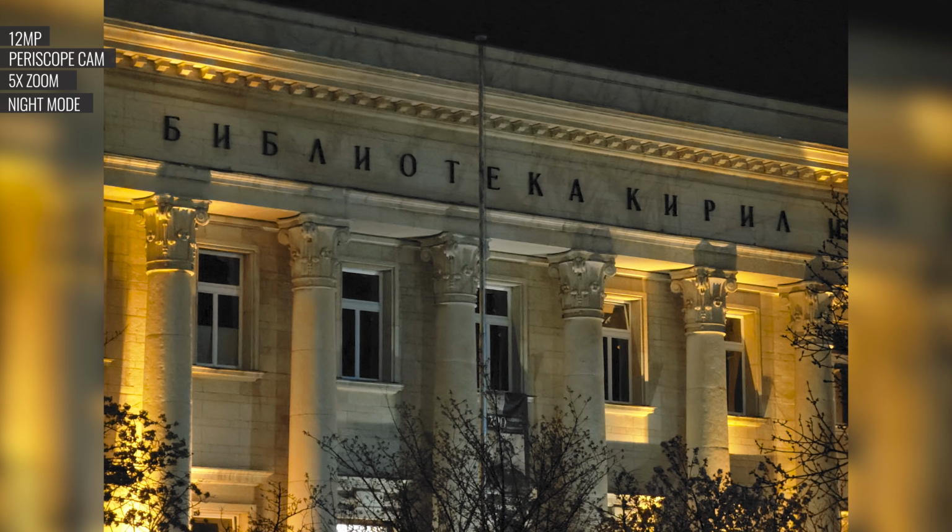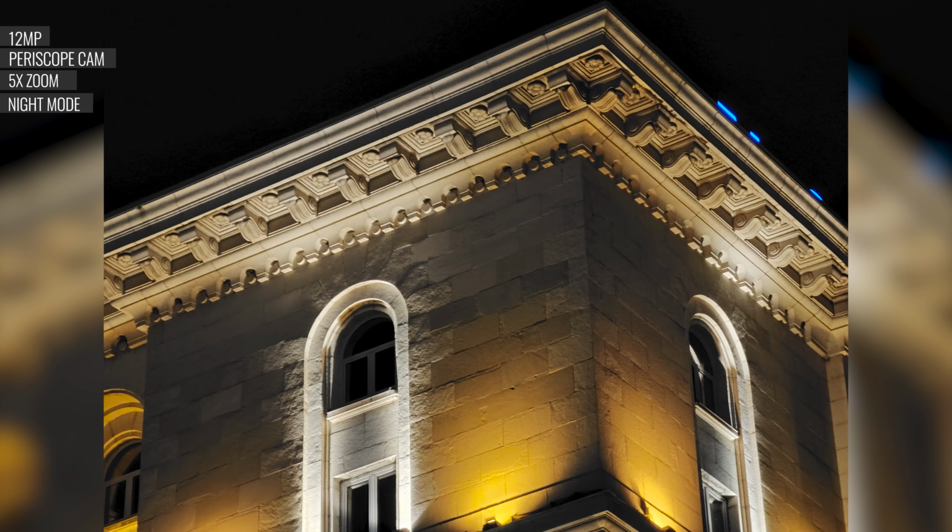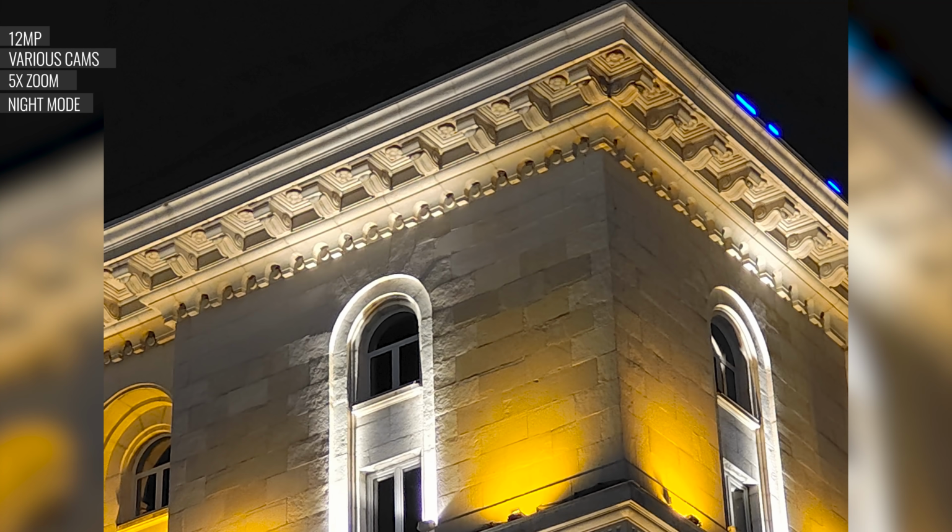If you want 5x zoom shots, they're mostly captured with the periscope camera. Images are underexposed, there's less than ideal dynamic range, and a bit more noise than we'd like. But sharpness was good and there was plenty of detail. If you use the night mode for 5x zoom shots, you should know that they're captured with various cameras depending